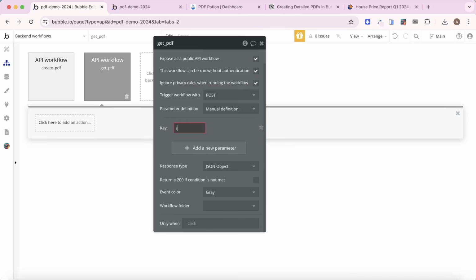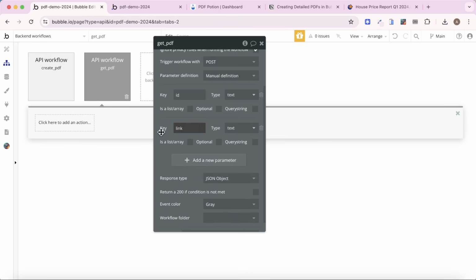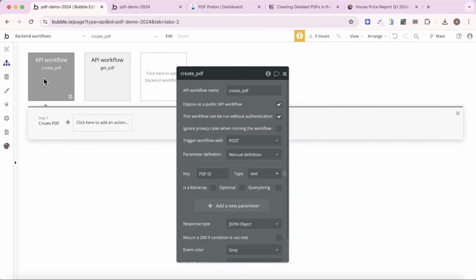The first one is going to be ID. It's going to be of type text. And the second one is going to be link. This is going to be the URL that will link to the PDF that PDFPotion is going to send you. To be very clear, you must use these exact keys. You must type in ID exactly, and you must type in link exactly. Now that we have this Get PDF API workflow created, we're actually going to use this in the Create PDF